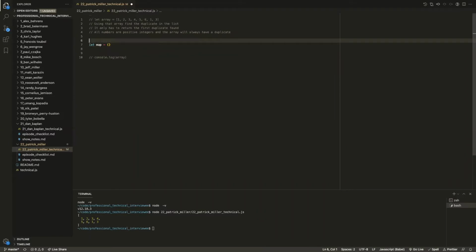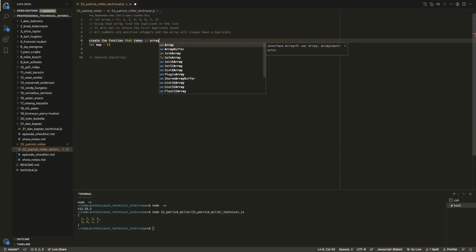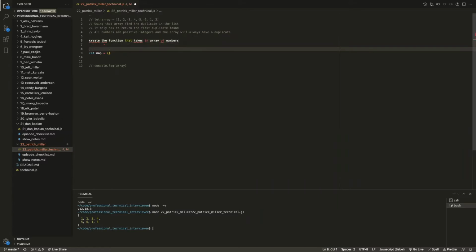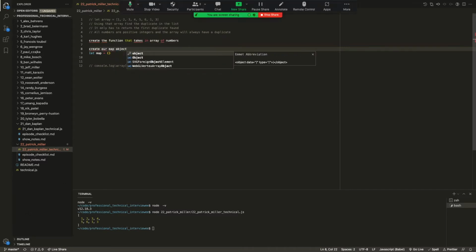Okay, so I could pseudocode this, but basically my goal would be to create a function that takes an array of numbers, which we always know are going to be positive. Create our map object like below, right?